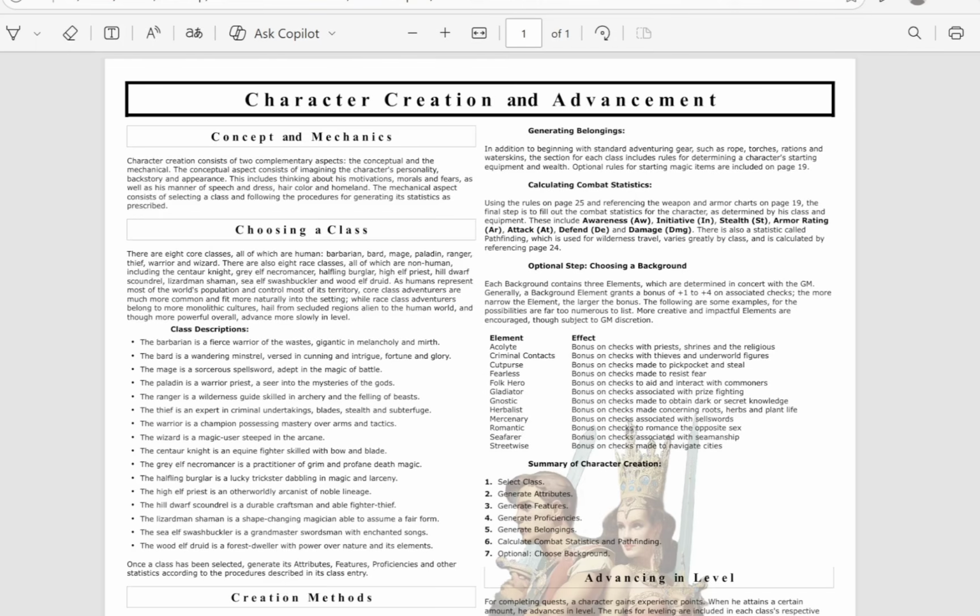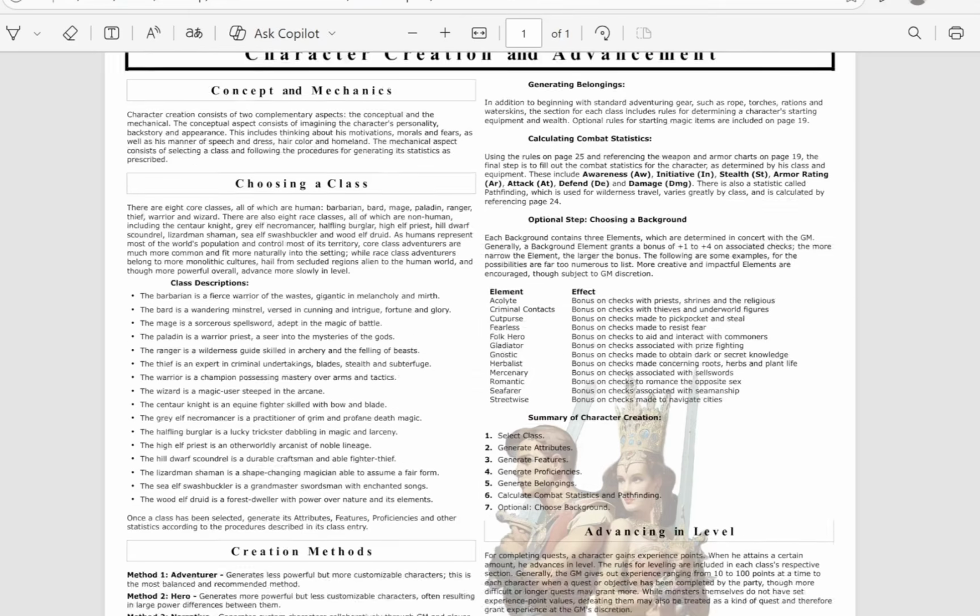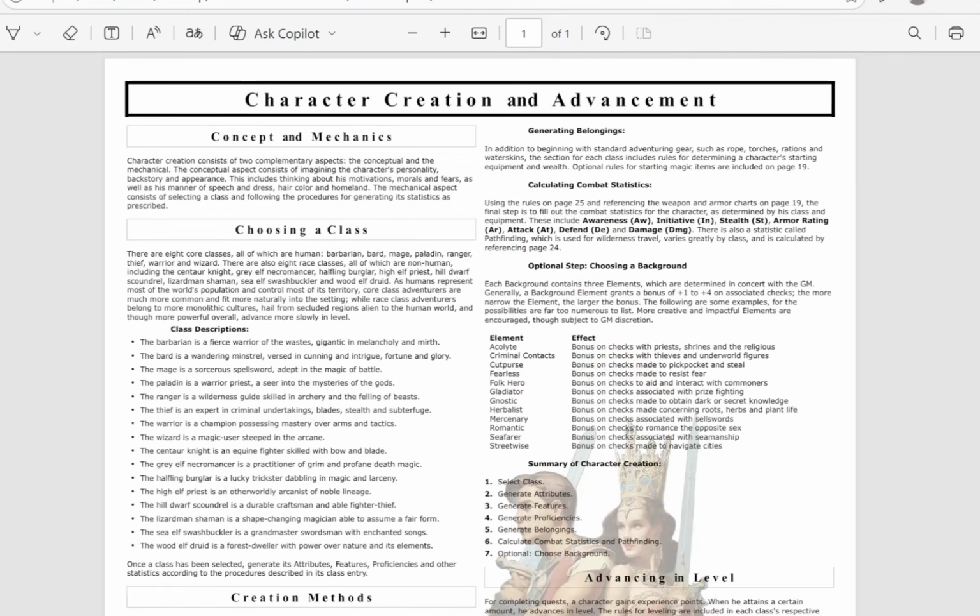The centaurs are often in their hidden forest realms. The dwarves are in their mountain halls. Lizardmen shamans are often in the swamp. The wood elves maybe have a grove or a wooded area where they're protected and you can't come in. The sea elf swashbuckler has the big seaside fortresses. It adds a mystery and a dynamism to the classes and the world. It's really great. So, anyways, that's pretty much what I have for discussions about character class concept and design.